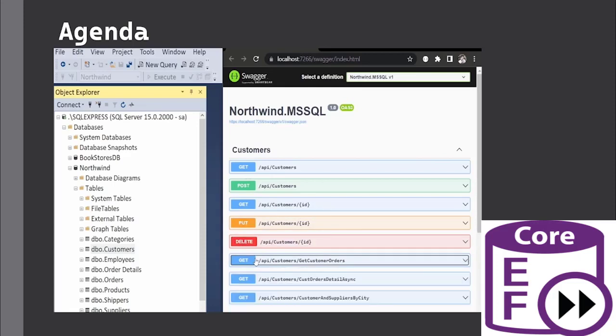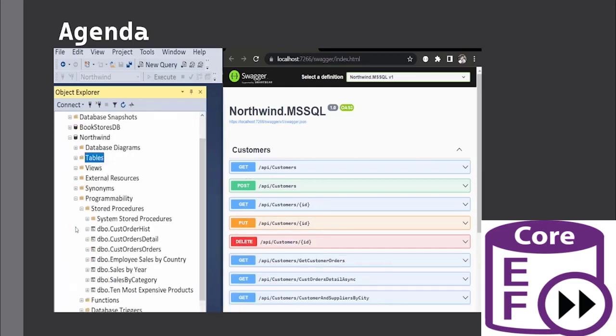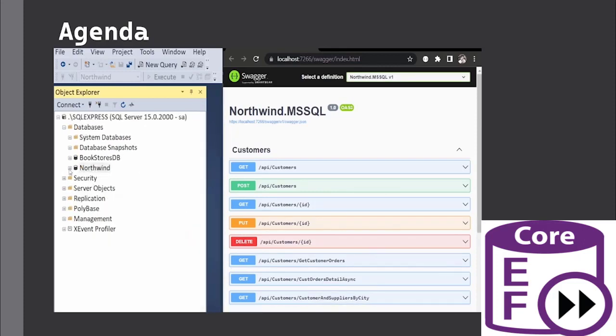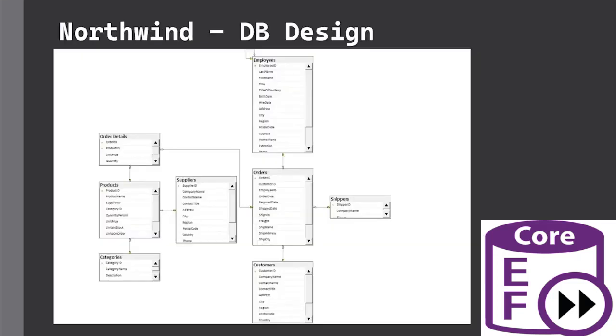We'll also load related data in the Web API. We'll also call a stored procedure from this Web API to see if we can do that or not. And we'll also call a view from our ASP.NET Core Web API project to see if we can do that or not. Like I mentioned, Northwind is a relational database, and you'll find the script to generate this database in